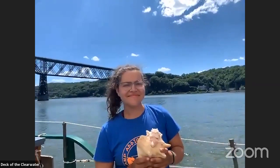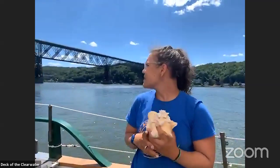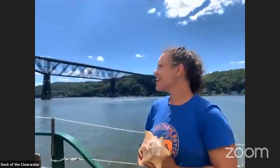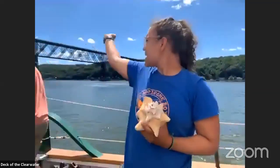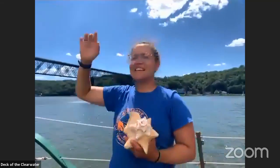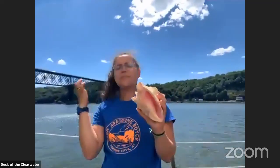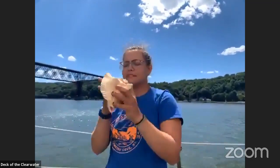We're unmuted and go. We just had some people waving hi to us from the walkway over the Hudson, which is so fun. We can yell back to them and wave, and they got really excited that we waved back at them. One of the ways that we like to communicate with people on land is with this conch. If anyone has ever played trumpet or trombone or a brass instrument, this is more like a trumpet than anything. You buzz your lips and you just kind of